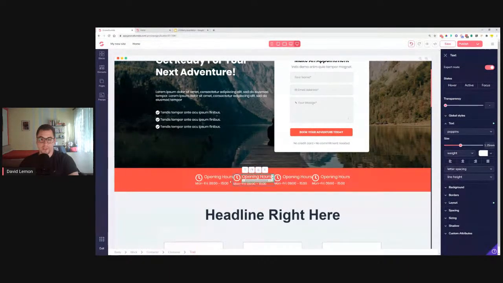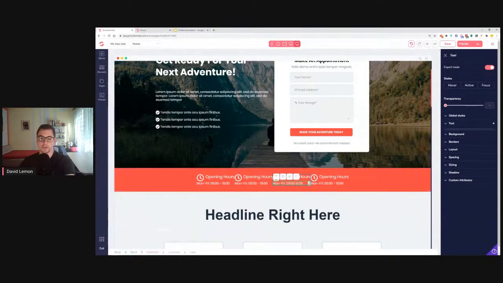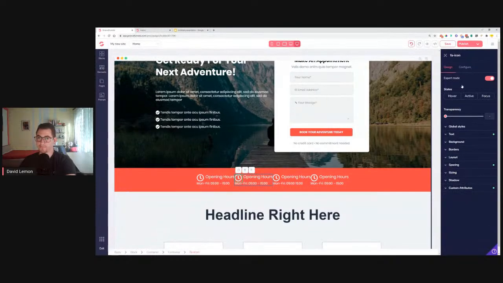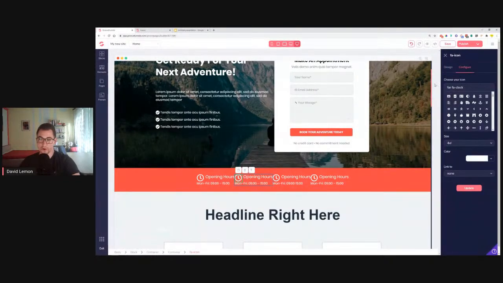So you see, there is a bug once I change something on here. Okay, so it is not changing. Once I change the styling, it changed all of these as well. This will not be this way once the software is finished. You would be able to actually style every one of these separately, but this just shortened the time of our build. So I'll just click on this one, click on the configure,